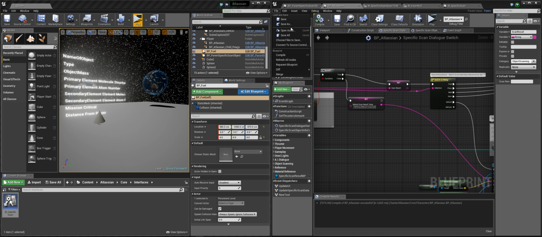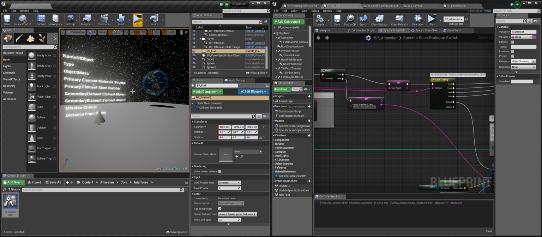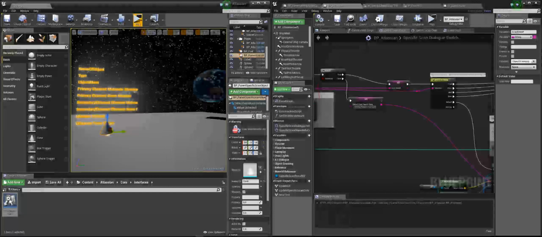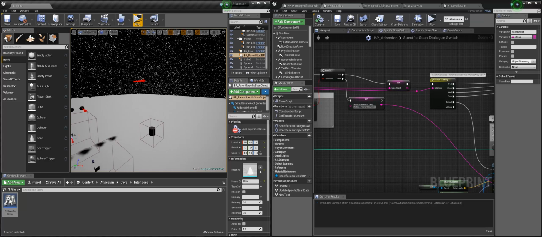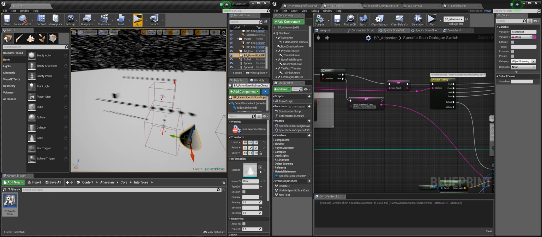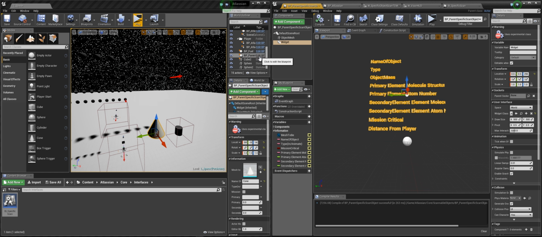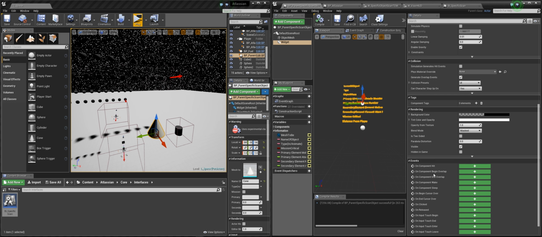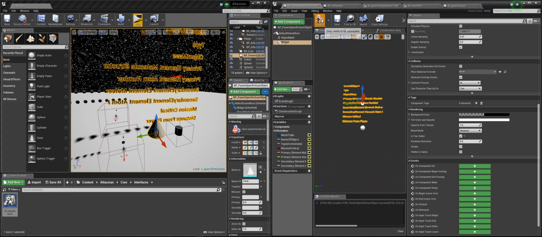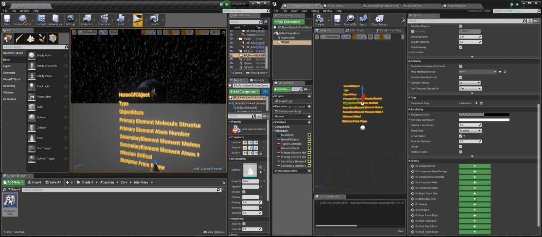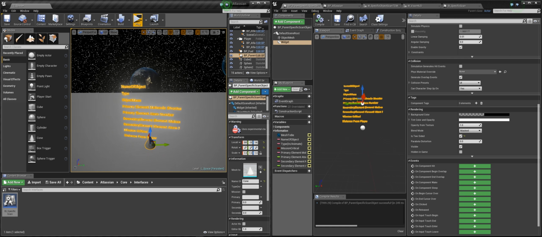So today was a long day. To my standards, I didn't get a huge amount done, but I suppose I did get a good amount done. I mean, I solved a big problem, which is getting this scan information, which I feel is quite important, because